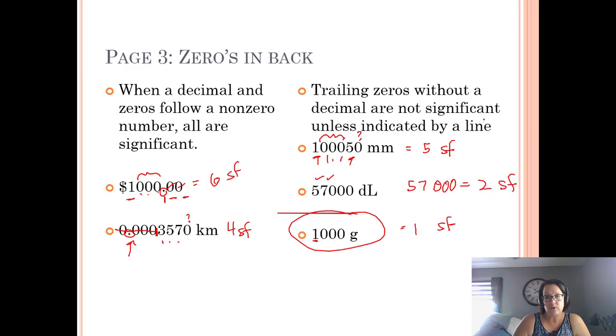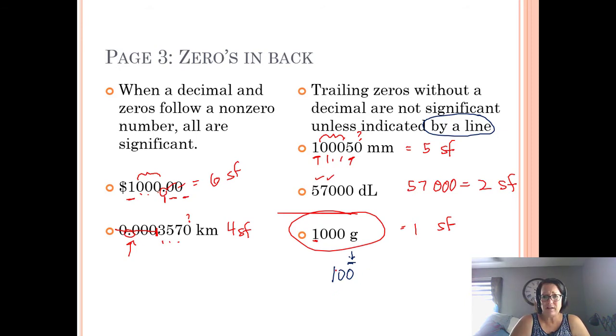Okay, now sometimes we want to make a number a certain number of sig figs, and it's not the way it's listed. So sometimes we'll use a line to indicate that. Let's say you have 100 and you want it to be 3 sig figs. We can put a line over a 0, and that means we want that 0 to be a sig fig. We don't use it very often,